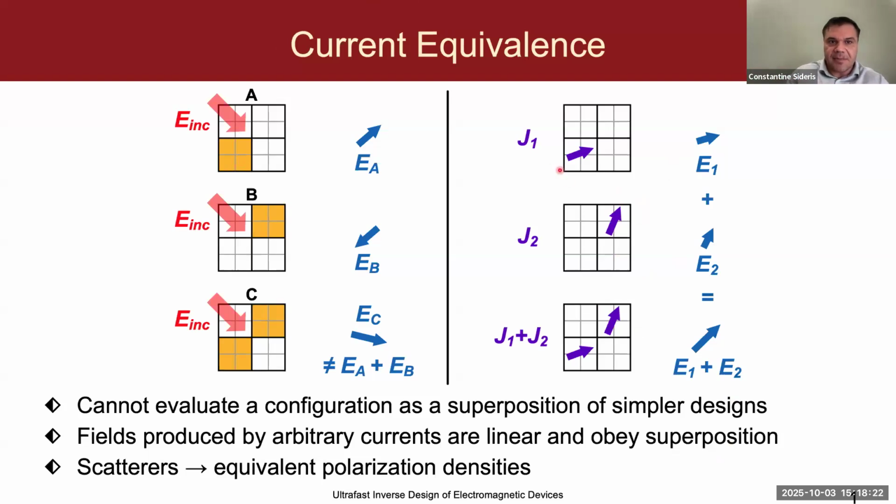meaning that if I simulate a current density and I get the fields due to that current density, due to linearity and additivity or superposition of Maxwell's equations, I can simulate a different current density and domain without the original one, get the fields, and then I can linearly combine these fields and get the exact same solution as if I had simulated both of these current densities together.